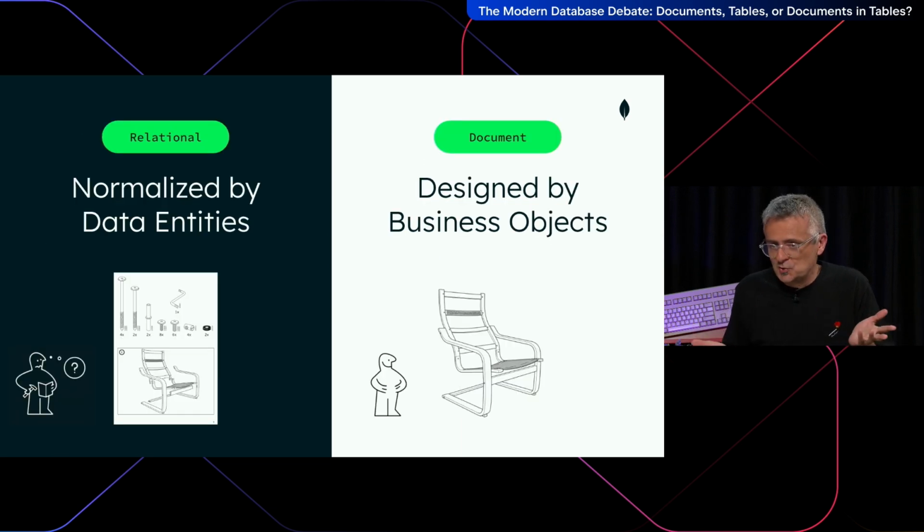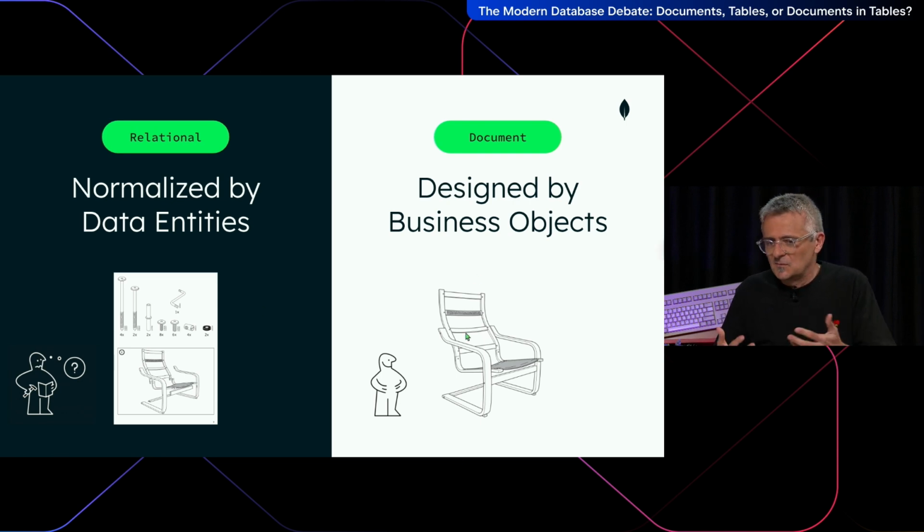And another way to show it, just taking some pictures from the IKEA catalog. Think about relational databases, normalized, as built for different use cases. For example, you can store the screws in different places, but then to query it and to build something like a chair, you have to build a query and think about it. But it also has an advantage. If you want to build a table instead of a chair, you can use the same database because you have all the components. You just build another query.